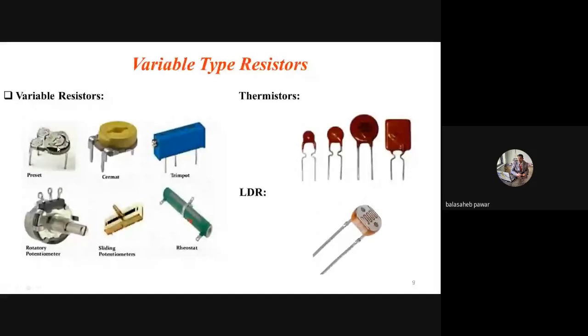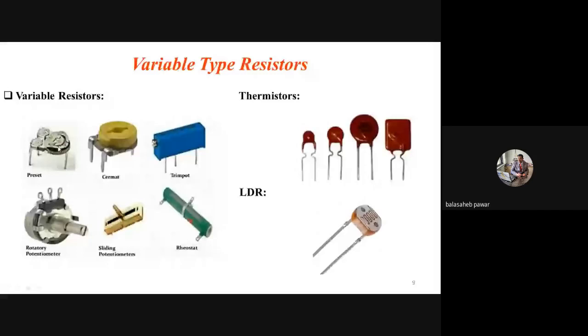You might have heard the word potentiometer. For this word potentiometer, you may be most familiar, right? All these are potentiometers. A potentiometer is nothing but just like a variable resistor. So that is the common name, and all these are variable resistors. This preset is the smallest in size, and we can change its resistance by varying the terminal which is provided on that preset.